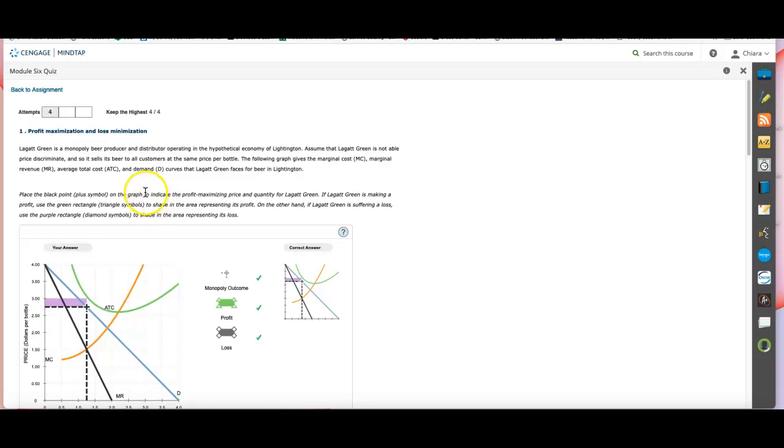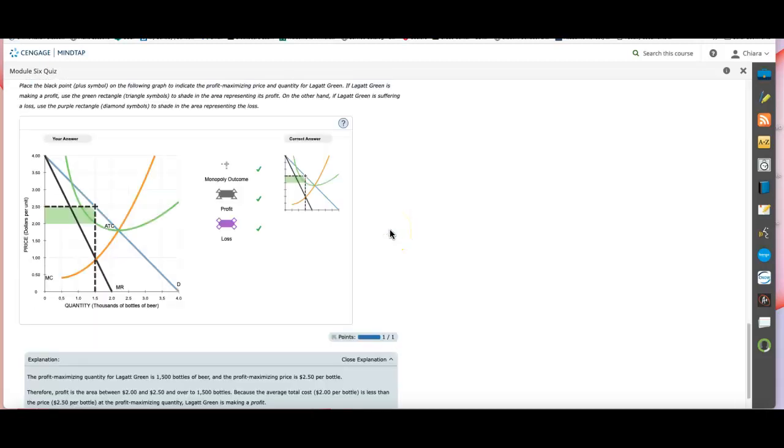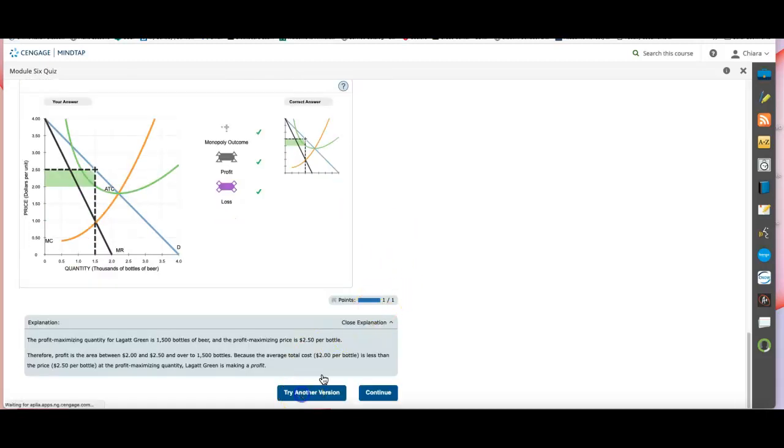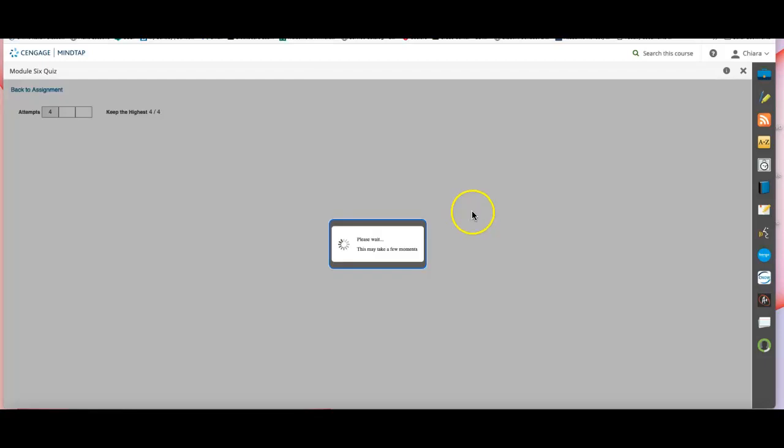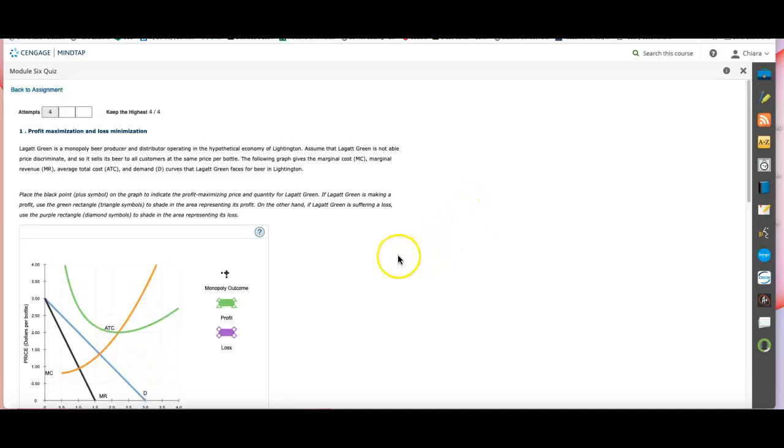So this first one, I'm going to reset it to make sure we try another version. There we go. Lagat Green is a monopoly beer producer and distributor operating in the hypothetical economy of Lightington. Assume that Lagat Green is not able to price discriminate, and so it sells its beer to all the customers at the same price per bottle. The following graph gives the marginal cost, marginal revenue, average total cost, and demand curves that Lagat Green faces for